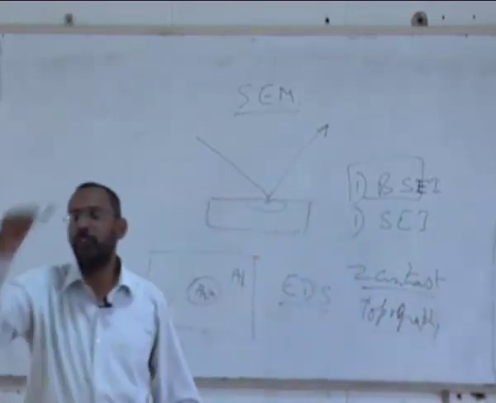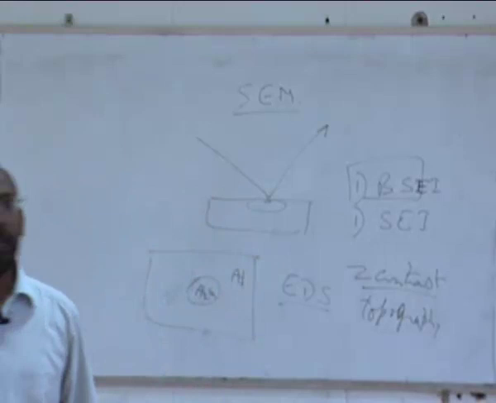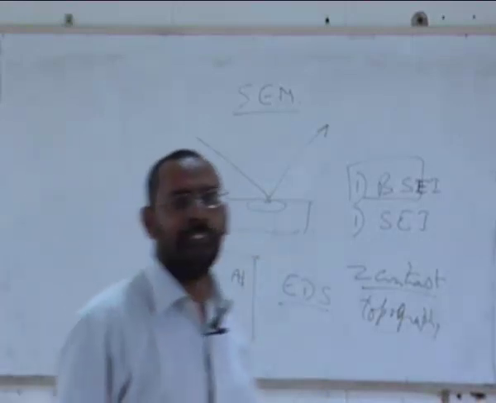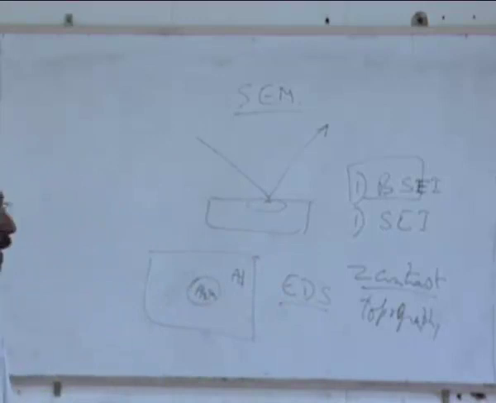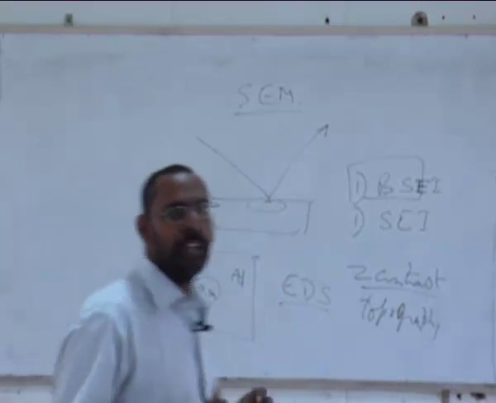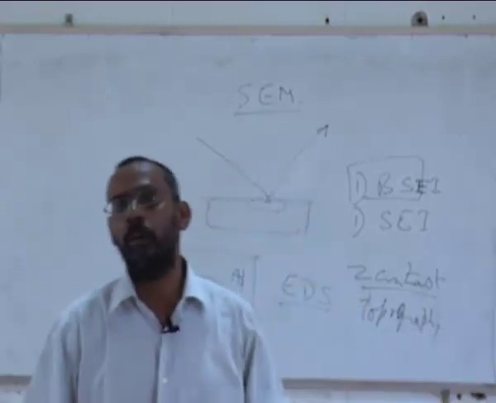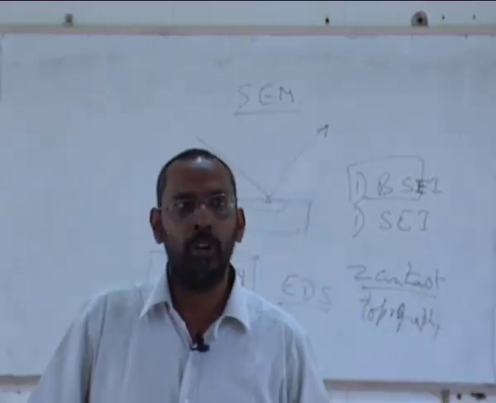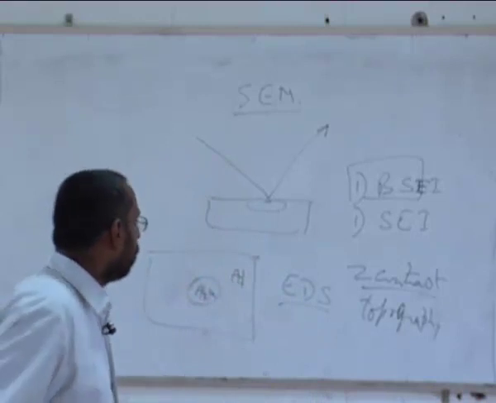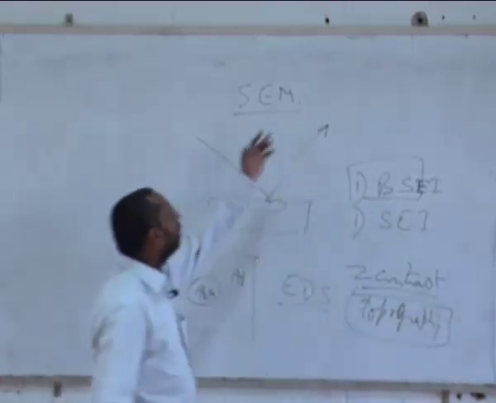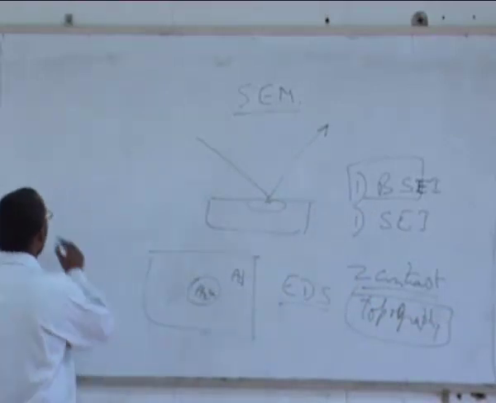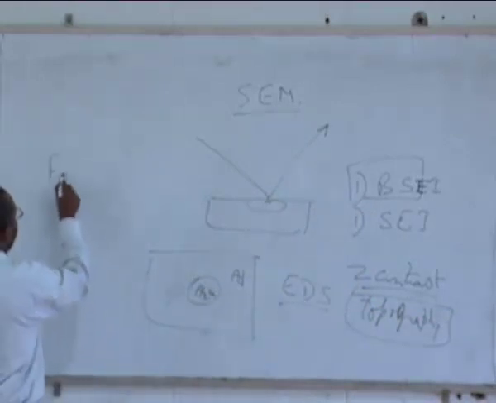It gives information about various depths, because the depth of field of a scanning electron microscope is significantly higher even when compared to an optical microscope. So you can actually see three-dimensional information about your sample. The depth information can be significantly found out, and as a result, scanning electron microscopes are mostly used for what is called fractography.